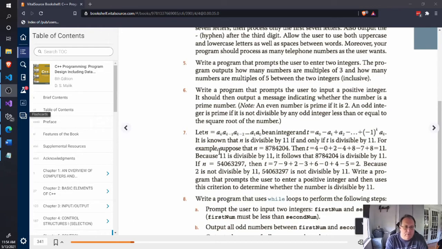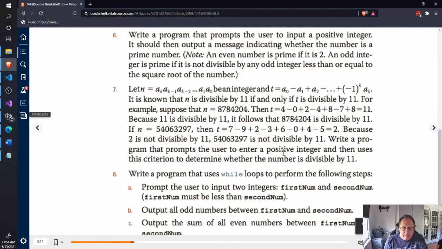Hi, I want to walk through problem 7 from chapter 5 of DS Malik C++ Program Design, including Data Structures, 8th edition. The reason I want to walk through this is it demonstrates how to walk through a sequence of values. So I've got the problem description up on the screen, and we